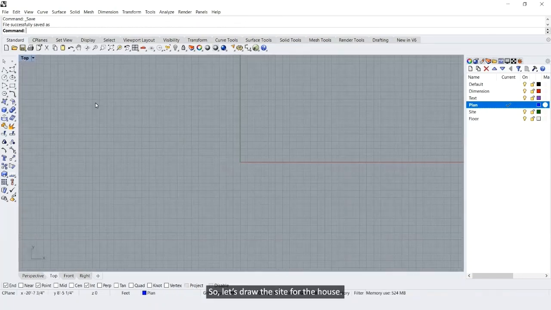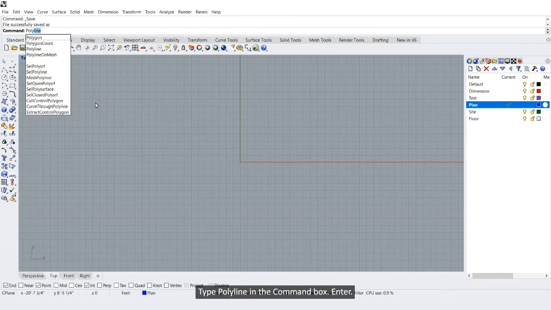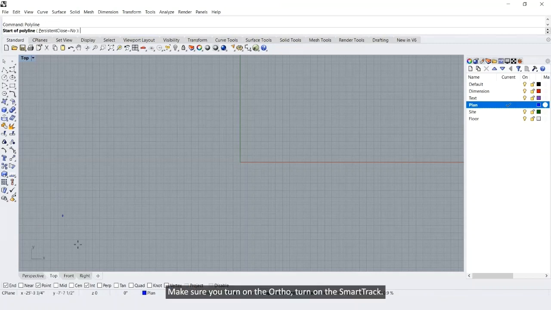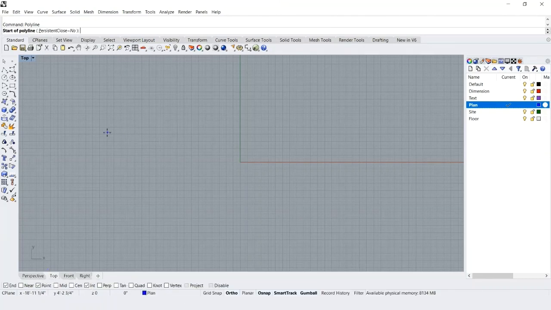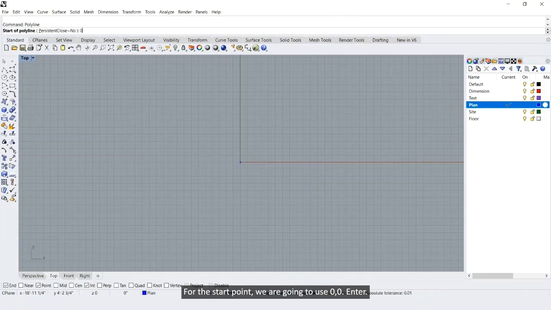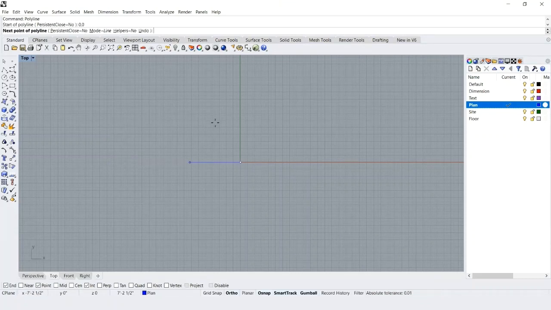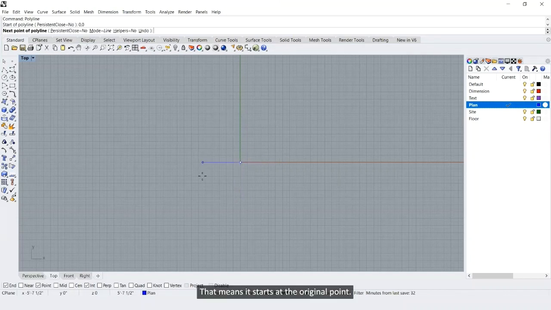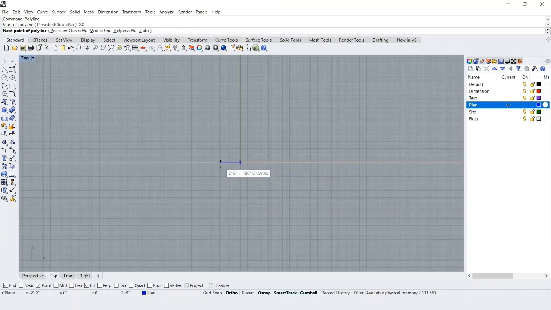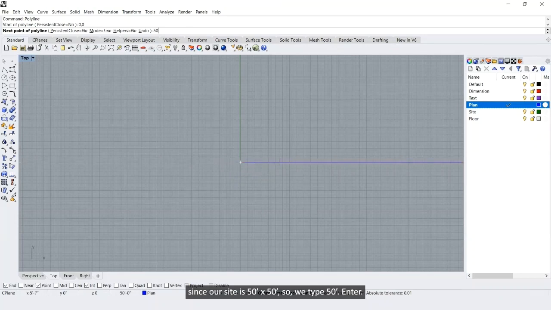So let's draw the site for the house. Type polyline in the command box, enter. Make sure you turn on the ortho, turn on the smart track, and make sure you check the end point and the intersection here. For the start point, we are going to use 0, 0, enter, and see the point here. That means it starts at the origin point. For the next point, since our site is 50 feet by 50 feet, we type 50 feet, enter,